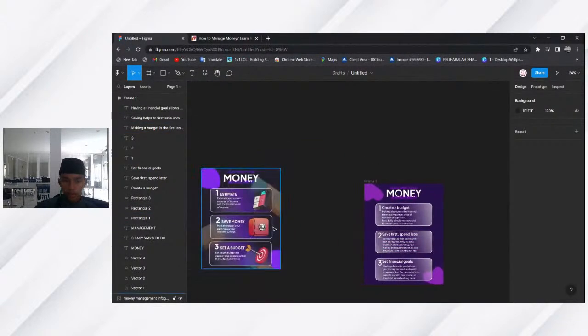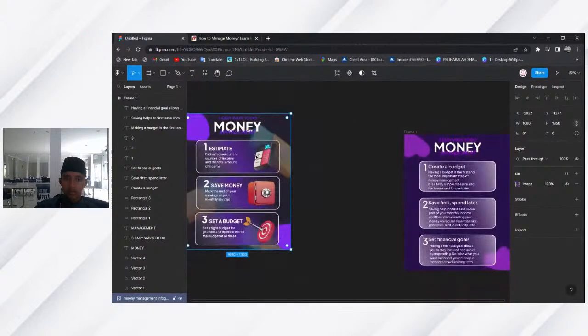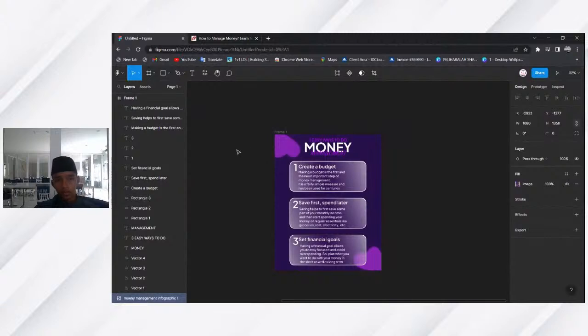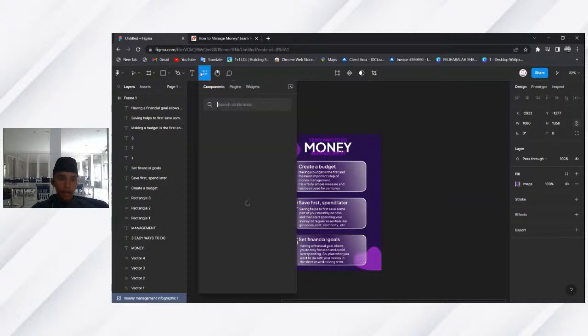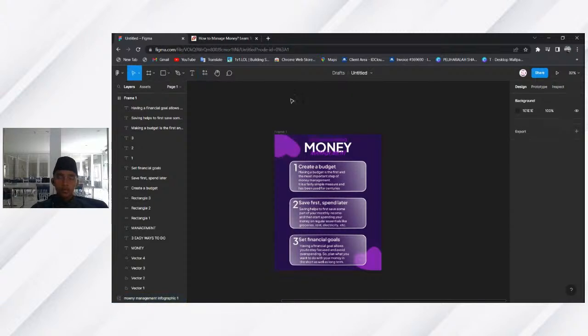Well, it's because we don't have this 3D image. Those 3D images are not downloaded from our desktop, but to make those 3D images, we are going to add a plugin which is called 3D icon.